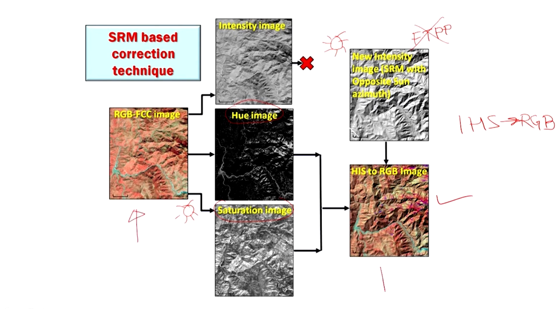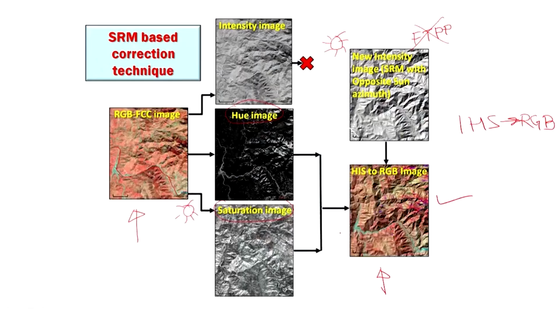if you compare this input image, which is here, and this output image, you would notice that this river, the Bhagirathi river, which was visible as flowing on the ridge, which is not possible, because it was happening due to FTPP, is no more suffering from FTPP, and that river has gone into the valley, and now we are getting the correct perception. So, a big phenomenon which was affecting our image interpretation, image analysis, has been removed using again